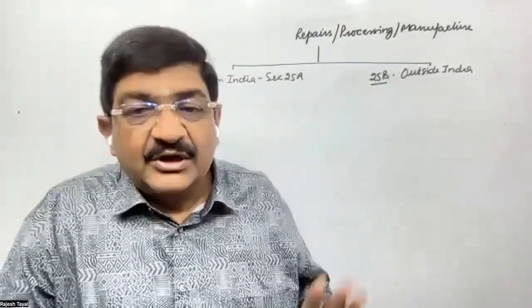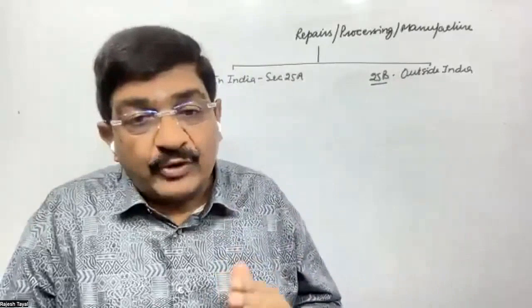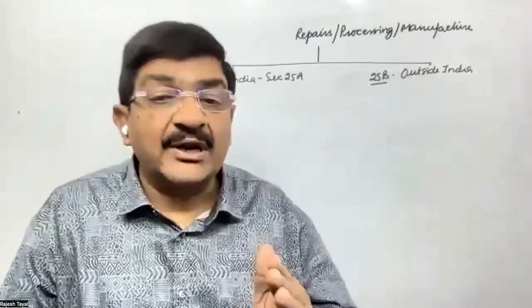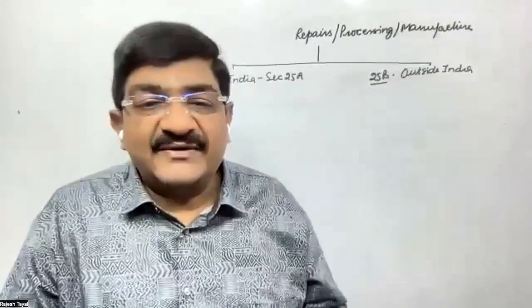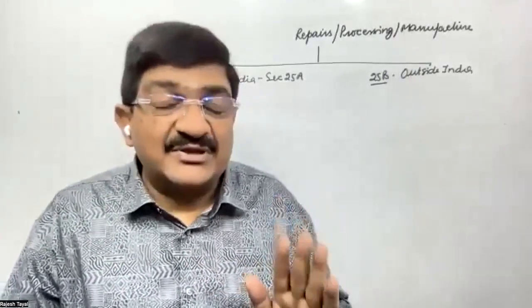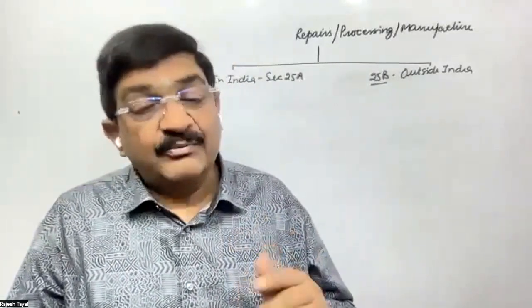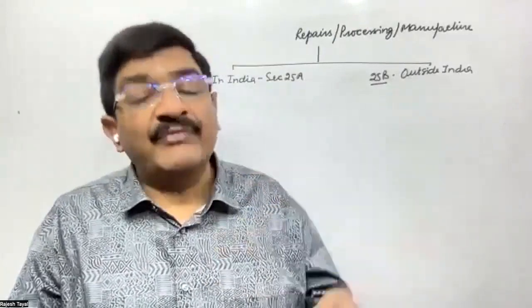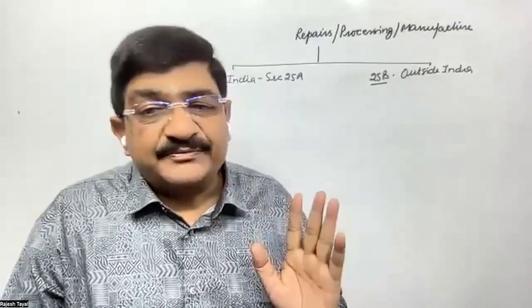But the thing is, what is the basic exemption? Exemption is that when you bring the goods to India for carrying out the repairs or for the processing or manufacture, you don't have to pay the duty. Goods are removed under a bond, processing is done, goods are removed within a period of 1 year, goods are identifiable, other conditions satisfied, no duty is paid. That is the exemption. Exemption is that you can remove the goods for carrying out manufacture or processing, provided the goods are brought in for that purpose only and goods will be exported within a period of 1 year since those are removed from the customs area and those goods are identified.